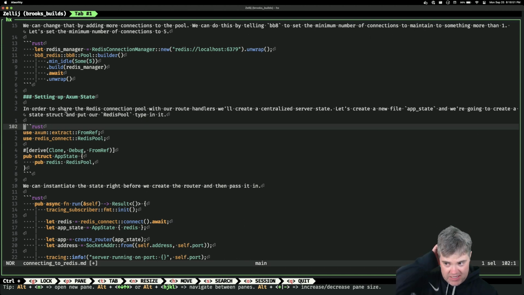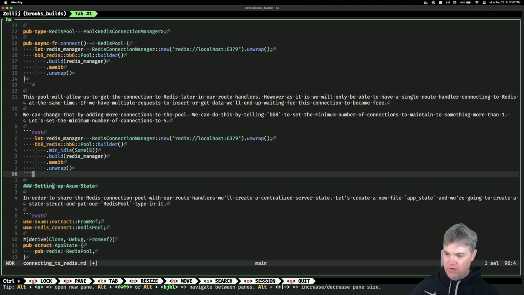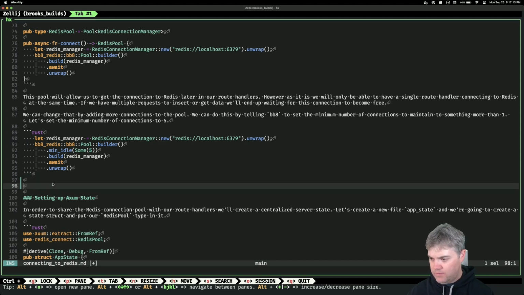Setting up Axum state. You know what I realized? We have an unwrap in here. Let's remove the unwraps from this. Lastly, let's remove the unwraps and switch to